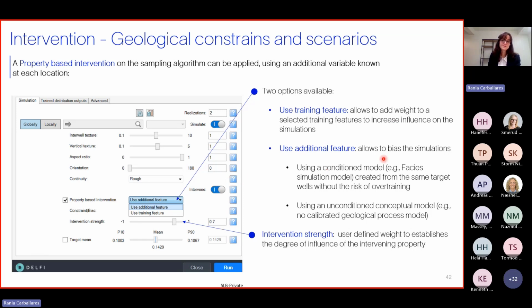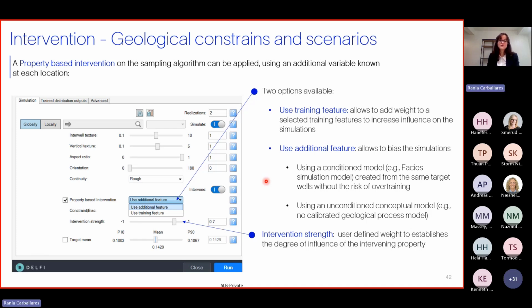And if you use a facies model, then you are biasing the simulation to a facies model without the risk of overtraining, because the sampling of the intervention will be within the envelope of your trained data,